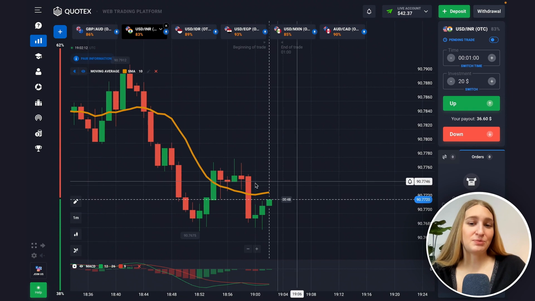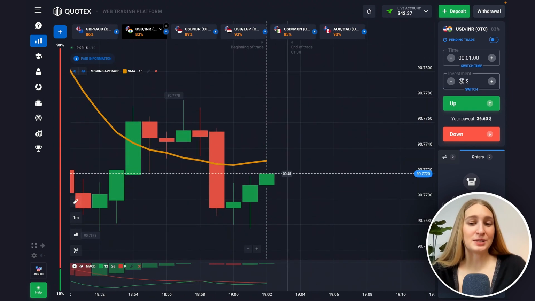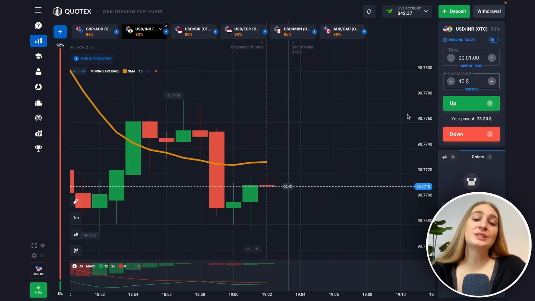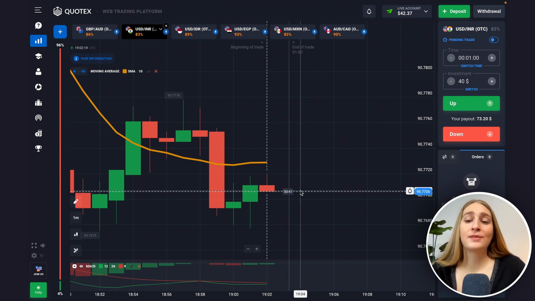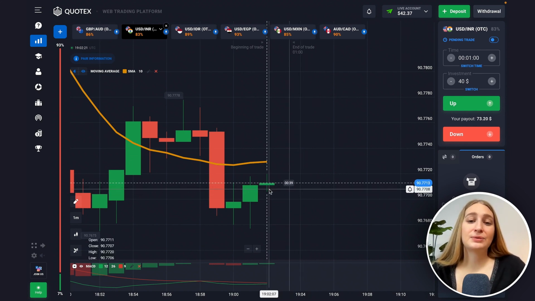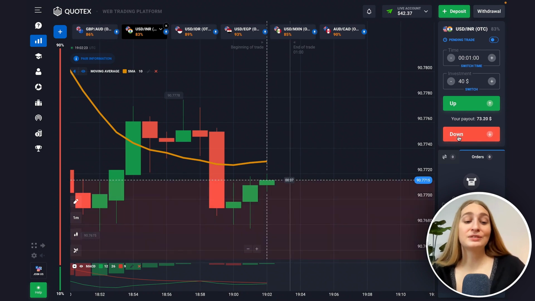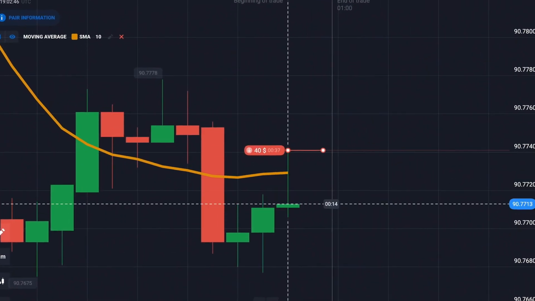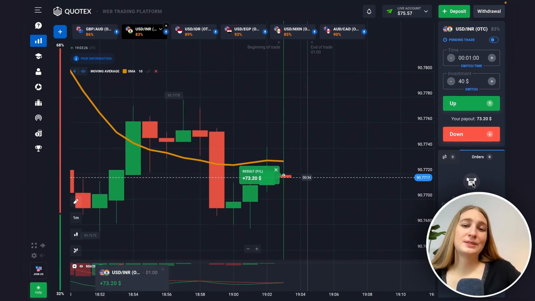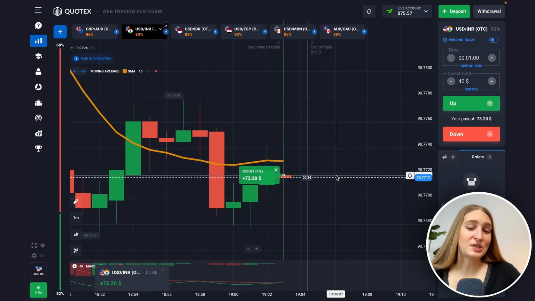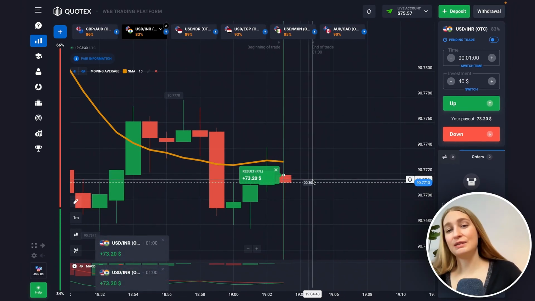While I'm thinking, let me change my investment, of course, to $40. I think it will be good enough, and let's go and check it with the put option. So guys, it was a pretty risky situation because it was really chaotic,